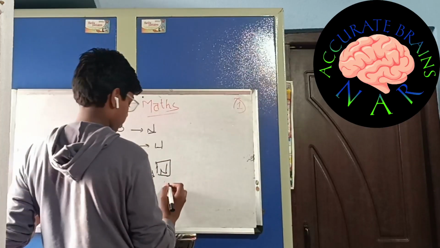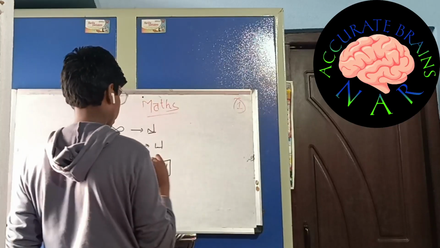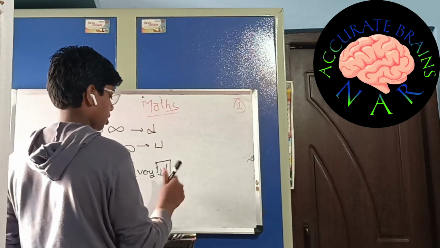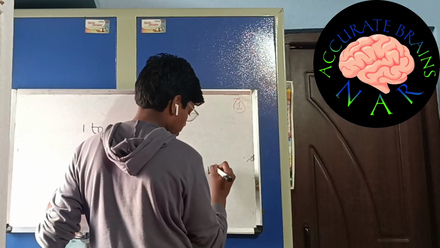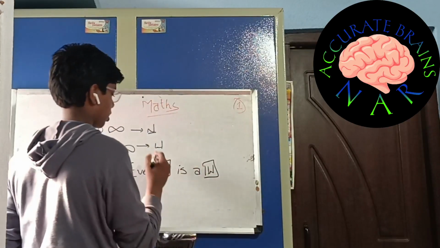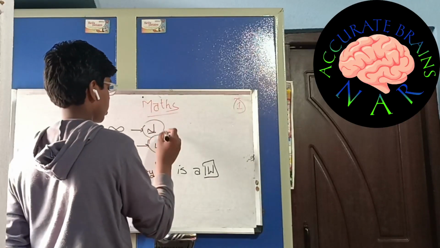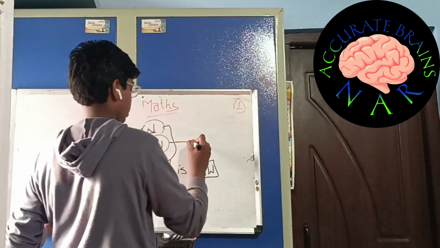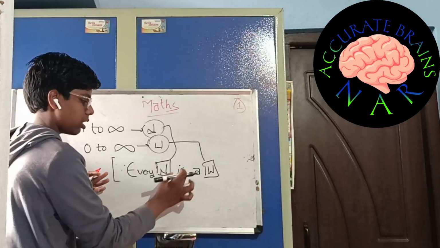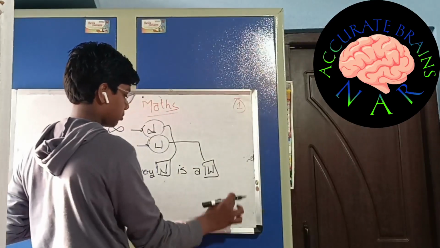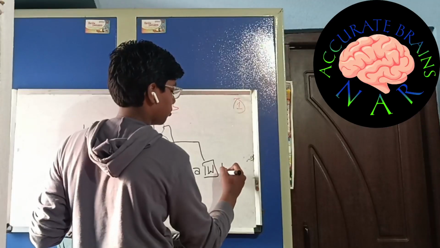So every natural number is a whole number. The symbols: N means natural numbers and W means whole numbers. So every natural number is a whole number here, but